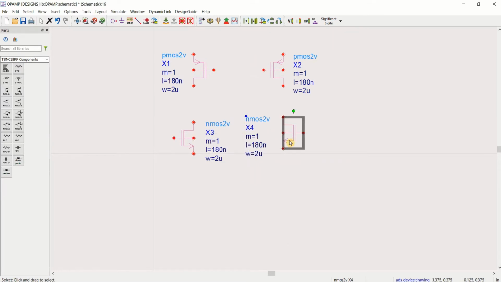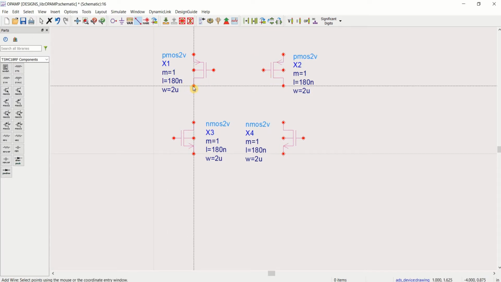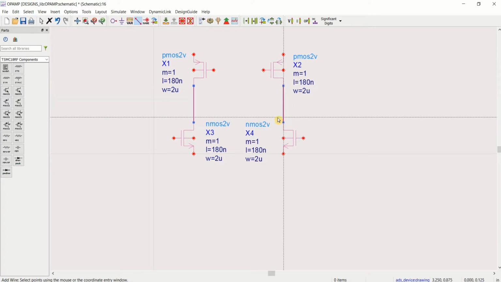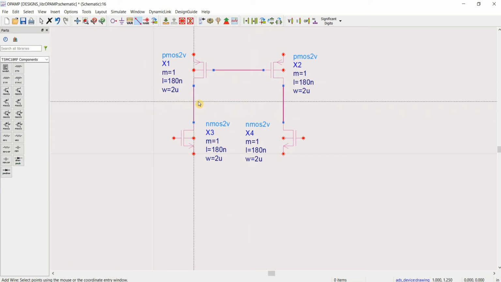These two NMOS transistors act as a differential pair and this as a current mirror. So connect these two. This is the current mirror formed by the PMOS.